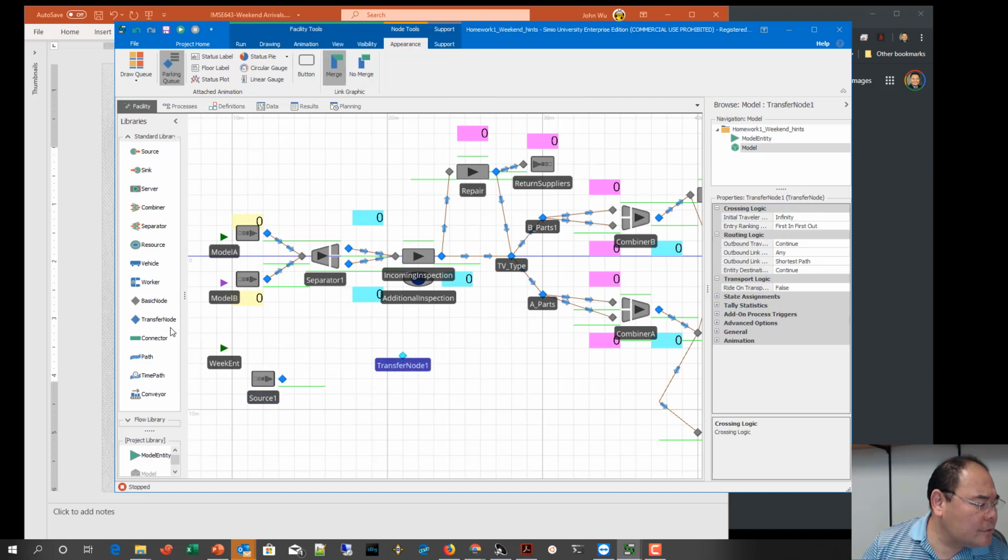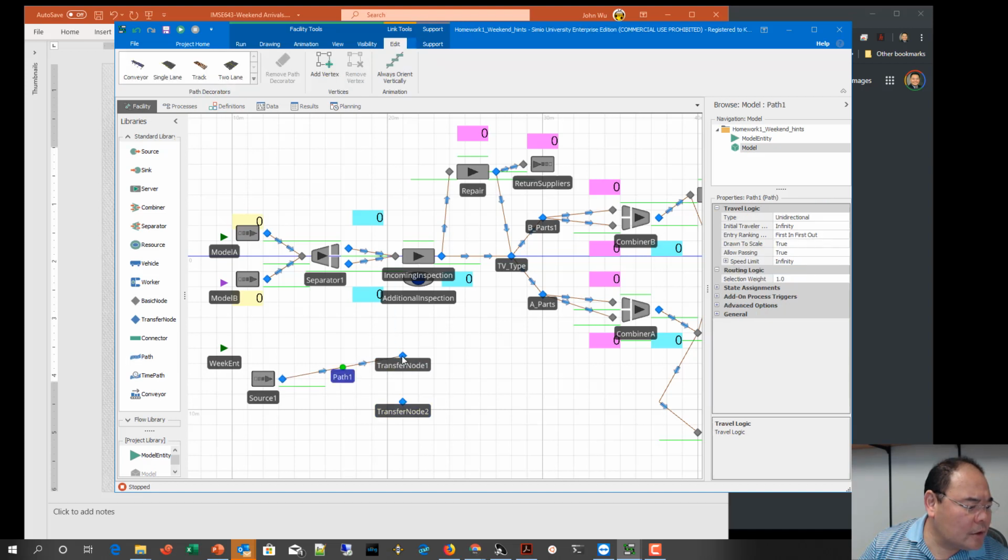2 transfer nodes. Okay, 2 transfer nodes. Just trying to pass 2 different things. Here I have a pass going to transfer node 1, another pass going to transfer node 2. So this will be a path for the weekdays pattern, and this will be a path that goes through the weekend